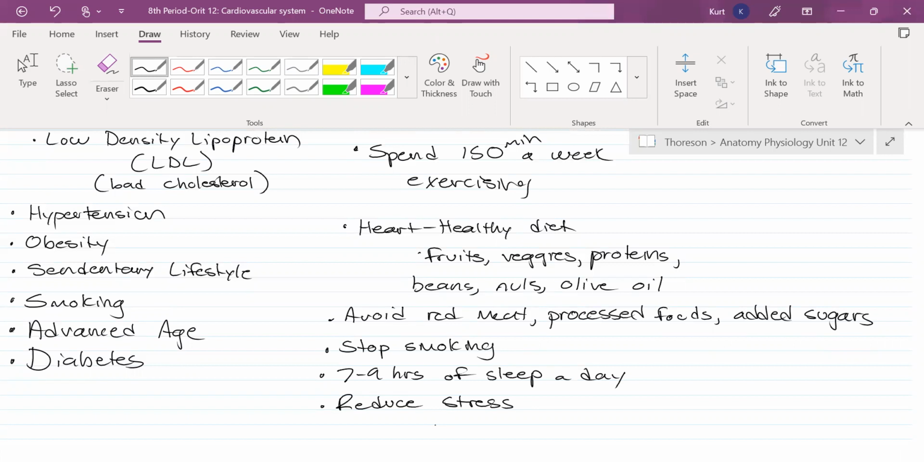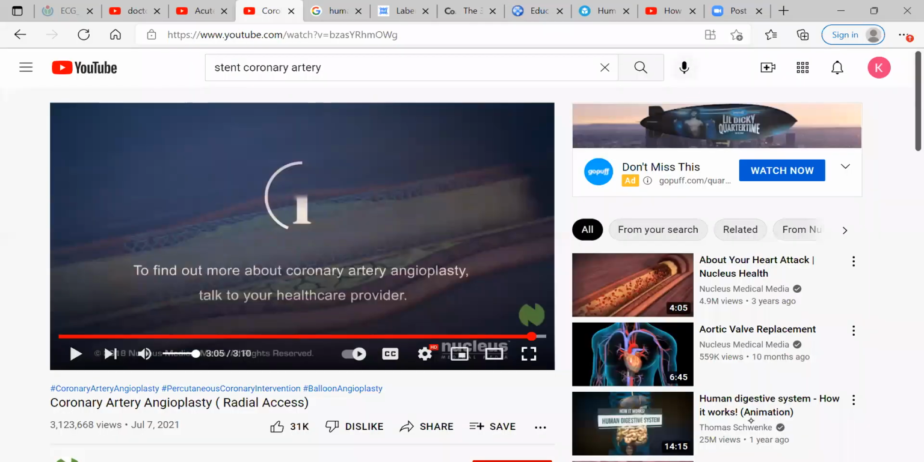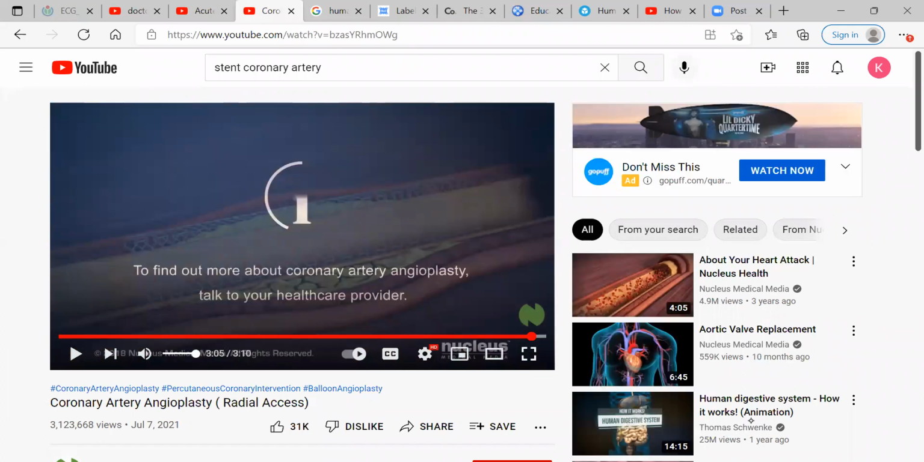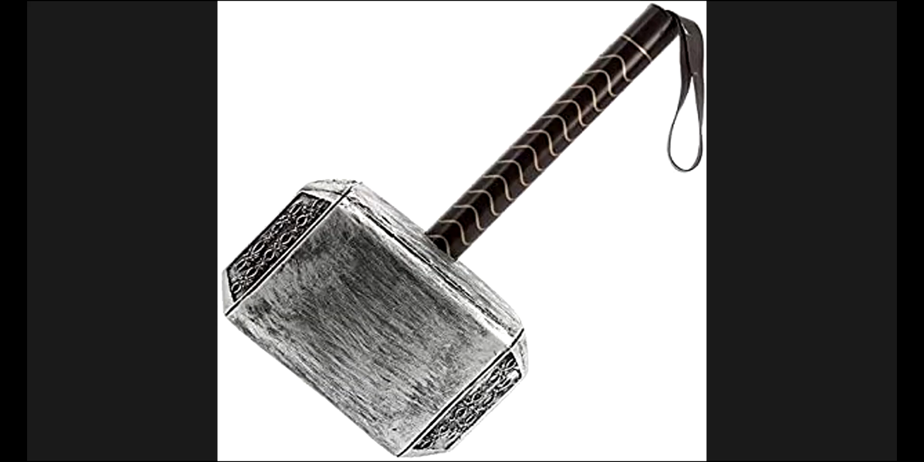Okay, I'm going to stop the video here shortly, but before I do, for those of you watching at home, if you could do me a favor, go to YouTube and type in heart attack simulation video. I want you to find this video. And when you're done with that, go to YouTube and type in stent coronary artery. We're going to watch these videos now, and this will be